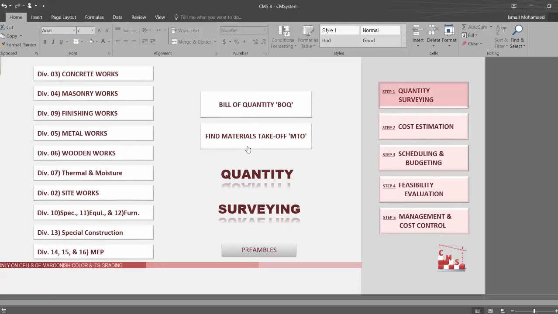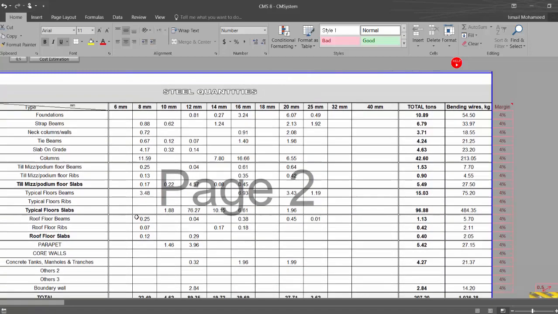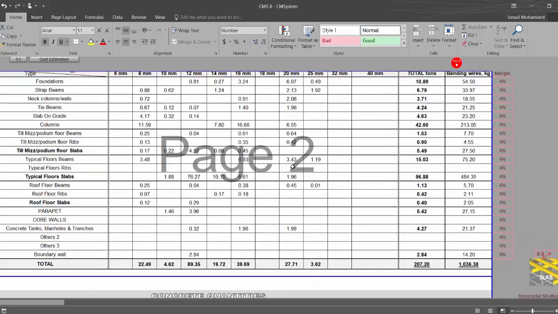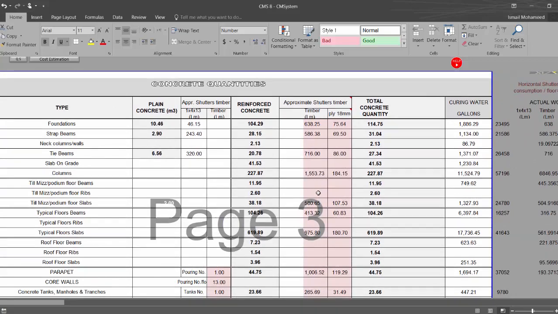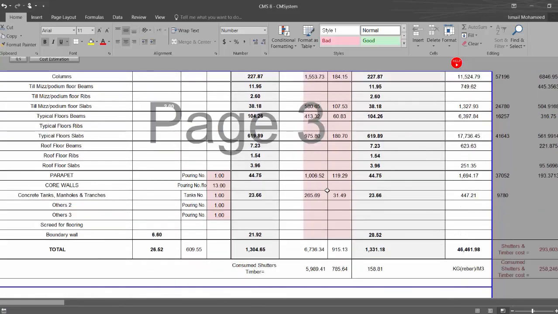We'll find also CMS give you a detailed material takeoff for all the elements. As you see here, what's all the quantities generated by CMS related to the earthwork per cubic meters. Here the rebar for each diameter for each element in detail. You will use this directly to purchase the material. Here is the concrete for each element. Here is the wood which is required for the shuttering. So we will have all the detailed quantity which is required to be purchased,